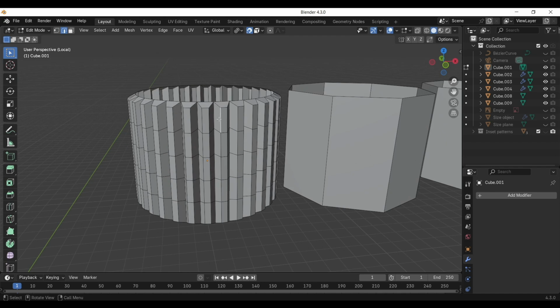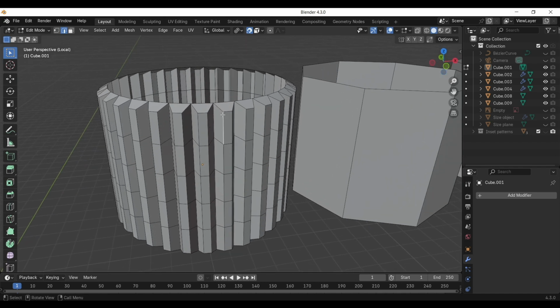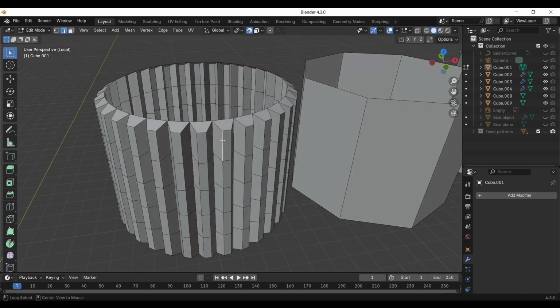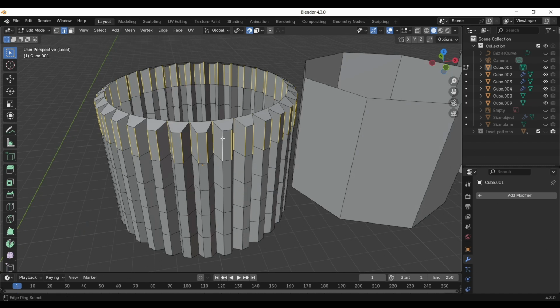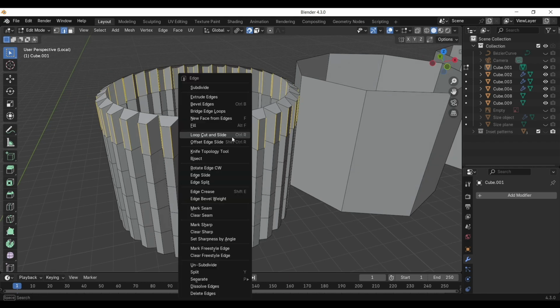Now I have created these 4 loops, and I'm just going to add one more loop here close to this border, close to this edge here. I've selected the edge ring by pressing, you can select the edge ring by pressing Ctrl Alt and click on the edge. So it's going to select all the edges in this ring, and we are going to do the